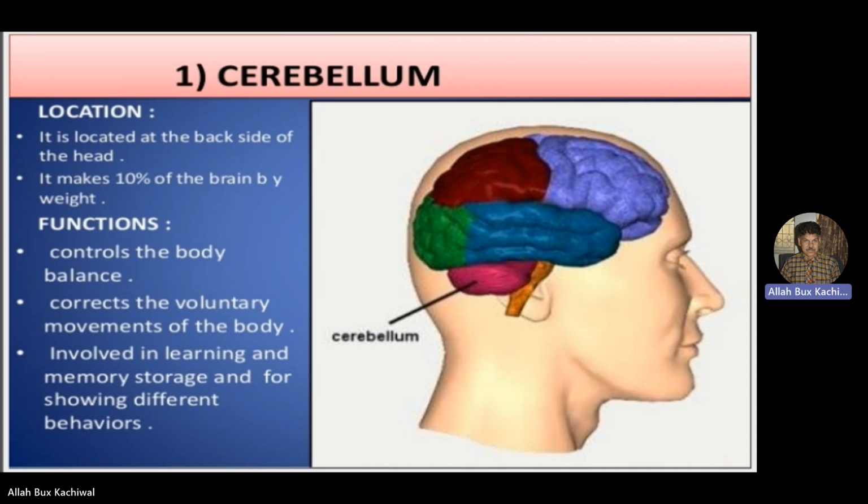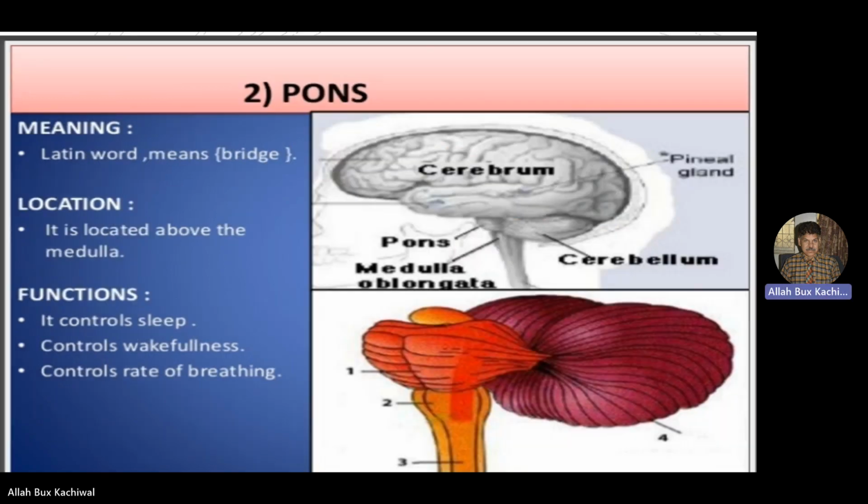The cerebellum is located at the back side of the head. It makes up 10% of the brain by weight. It controls body balance, corrects the voluntary movement of the body, is involved in learning and memory storage, and showing different behaviors. Pons, the Latin word meaning bridge,